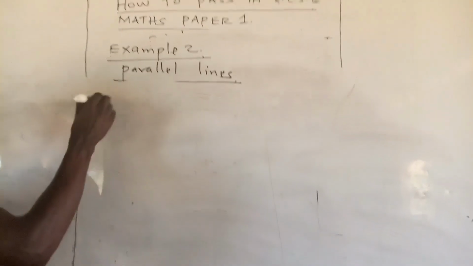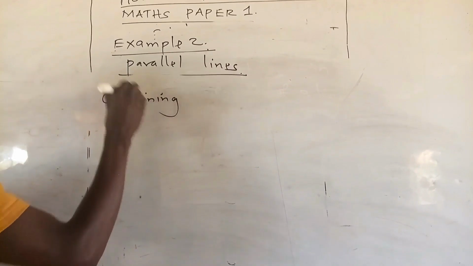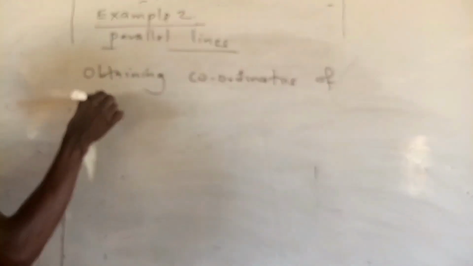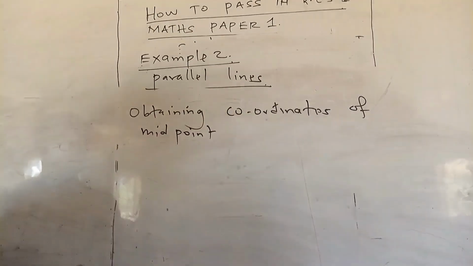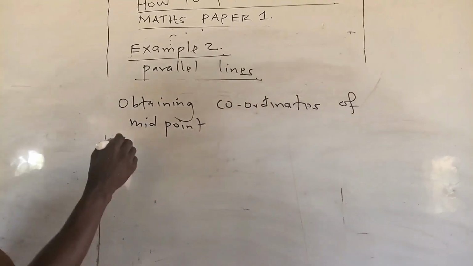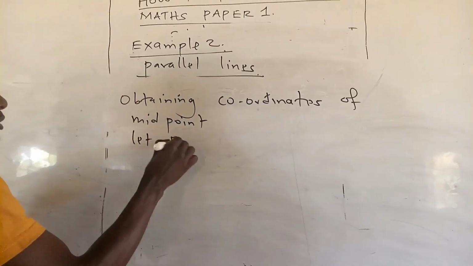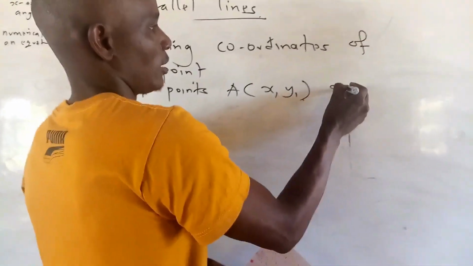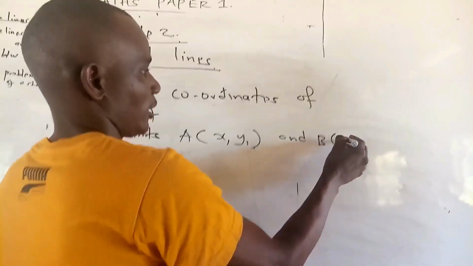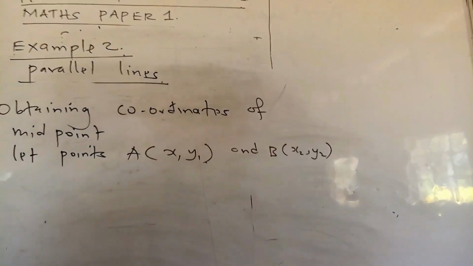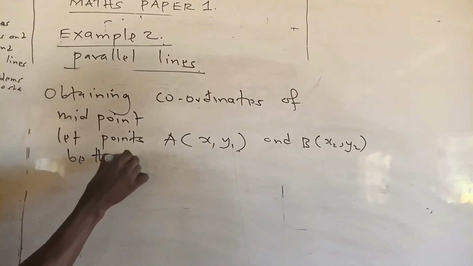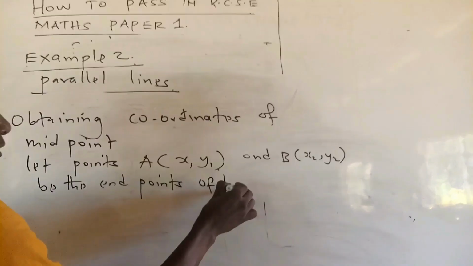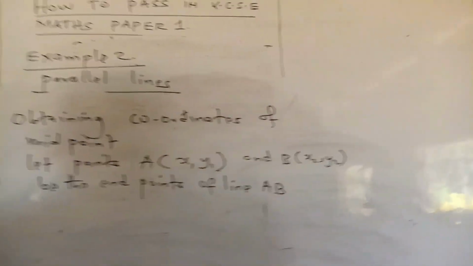Obtaining coordinates of midpoint. So let's say you have 2 points. So let points A and B be x2, y2 be the endpoints of line AB. To obtain the midpoint,